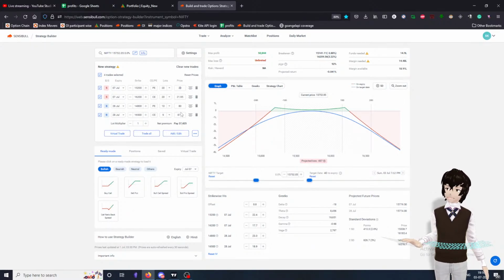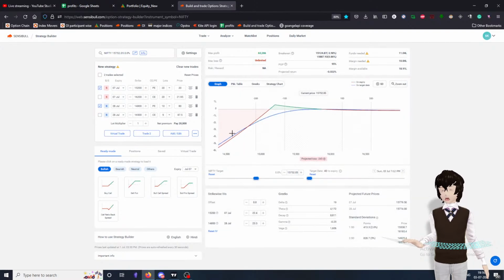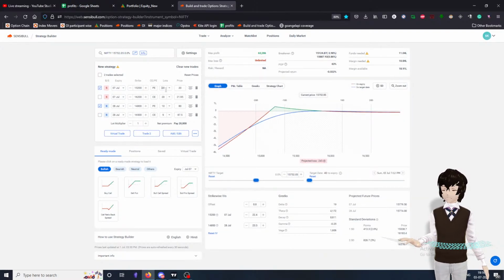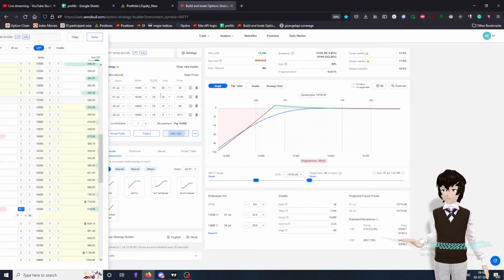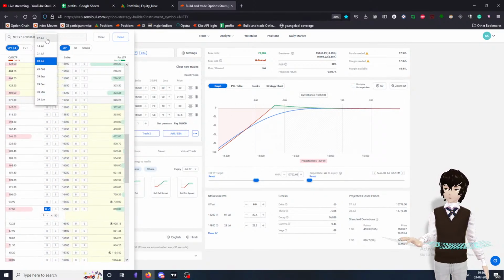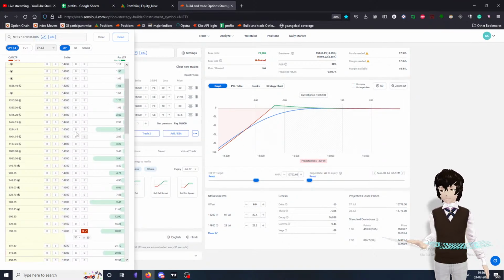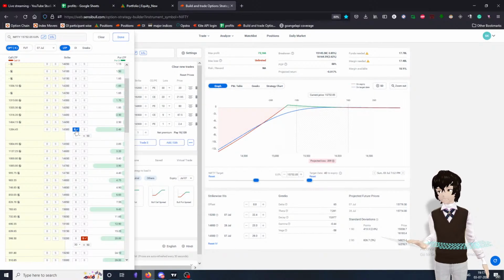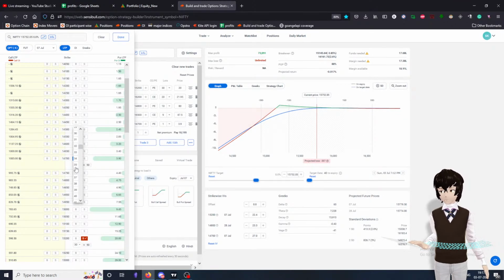And what I do when I have a directional view is I usually just have one of the legs. So I will have either a put calendar, which is heavily selling like 30 lots or something, and my hedge will be lesser, or I will sell 30 and do a same expiry just to get the advantage of margin. I would buy something of like 5 rupees, which is really cheap but gives me advantage in selling more. So I would say I will buy something like this, 20 lots,